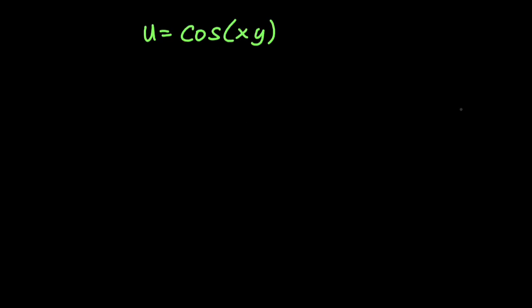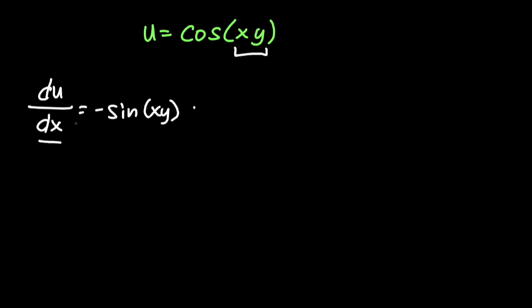Let's start with the next example. u equals cosine of xy. So we have two variables here, which is x and y. So let's take first the derivative of u with respect to x. The derivative of cosine xy, the derivative of this first would be negative sine of xy, and multiply this by its inner function xy. And since we are taking the derivative of this with respect to x,